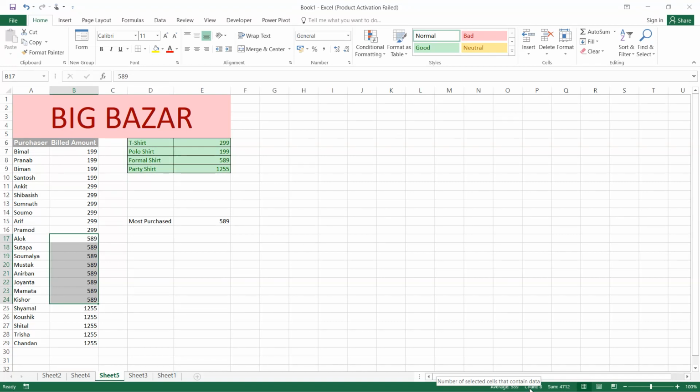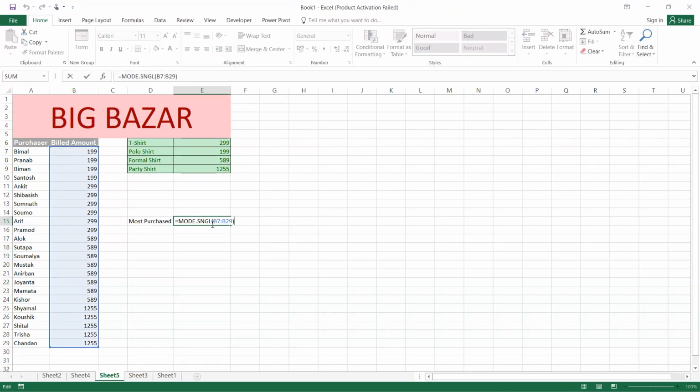So this is, let me press F2 one more time to show you the name of the formula. So we can use the MODE.SNGL function to find out from a range of cells the most occurring value. So I have demonstrated the practical implication of this particular function and how